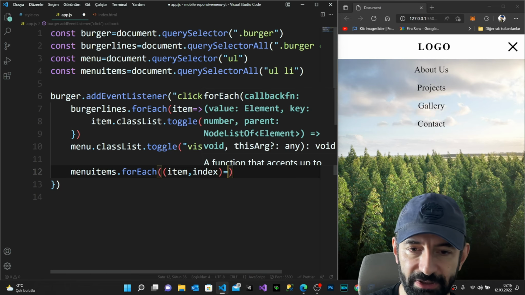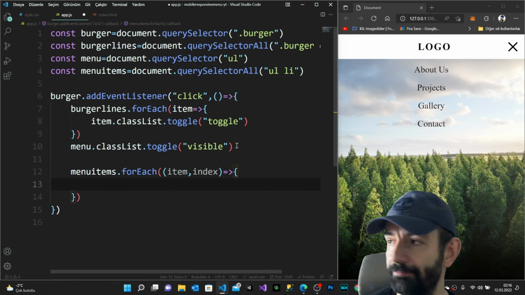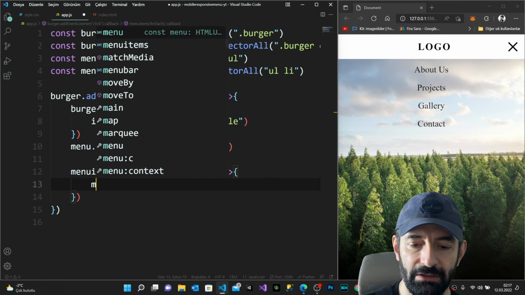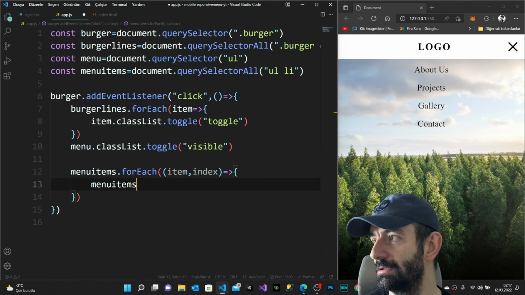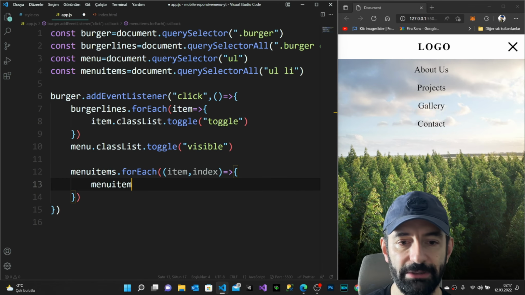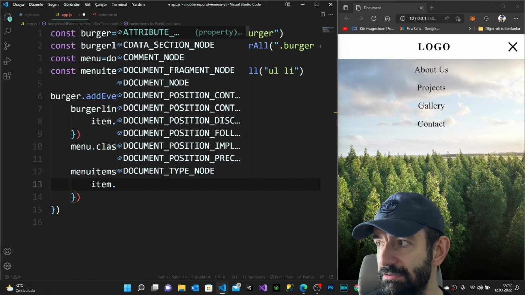I'm going to do an arrow function here. Nicely. I'm going to say menu items. Excuse me, item.style